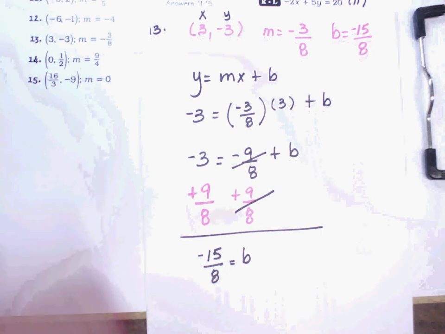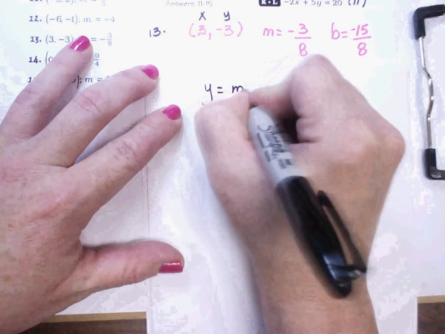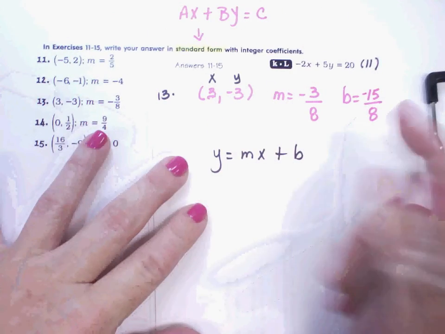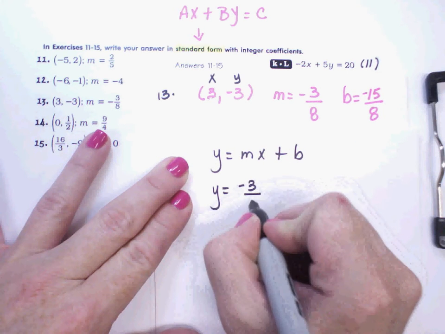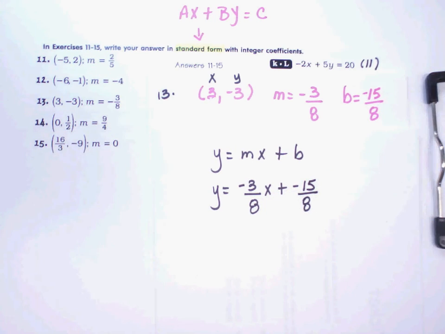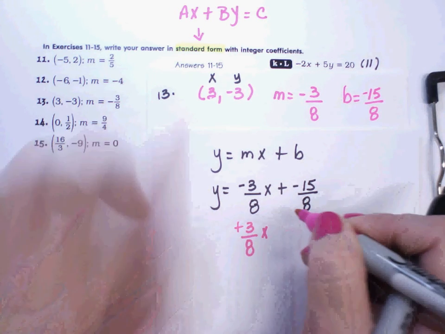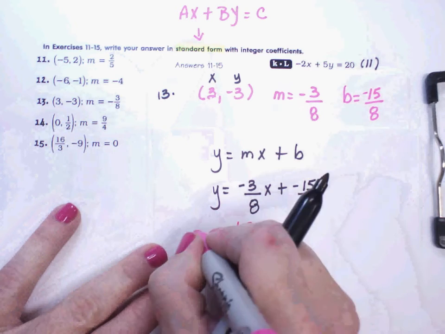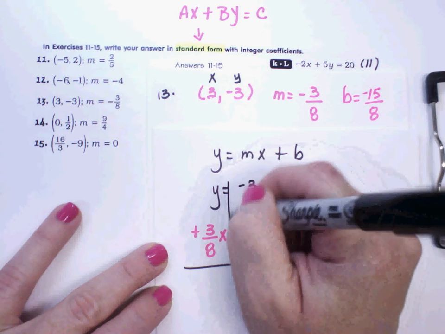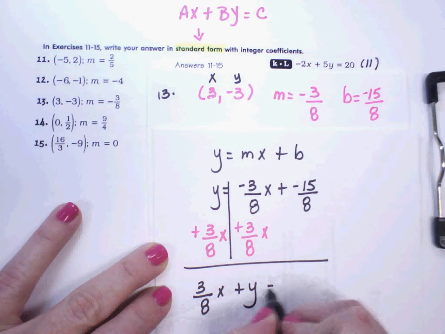All right, so now go back to the slope intercept form. But this time plug in your m and your b. I should have written -15/8, but it's okay. I'll fix it next time. Now we're going to add 3/8 x because the x and the y need to be together in standard form. All right, so that would be 3/8 x plus y equals